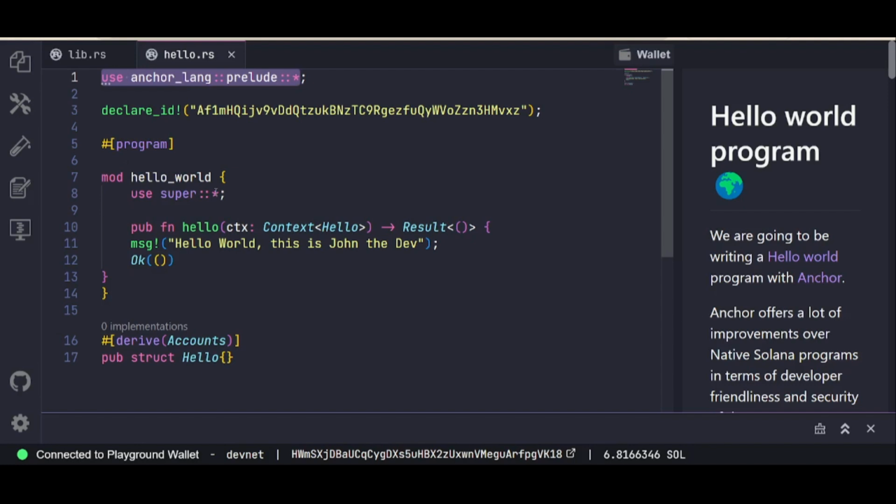Then we created a function called hello with the ctx parameter. We said Context is Hello, then the result is barely nothing. In the message, we said Hello World, this is John the dev. Then you can use Ok as a way to end a function, especially when you are not returning anything. Then, like I mentioned, this is the derive account. Since we are done with this, we'll come here